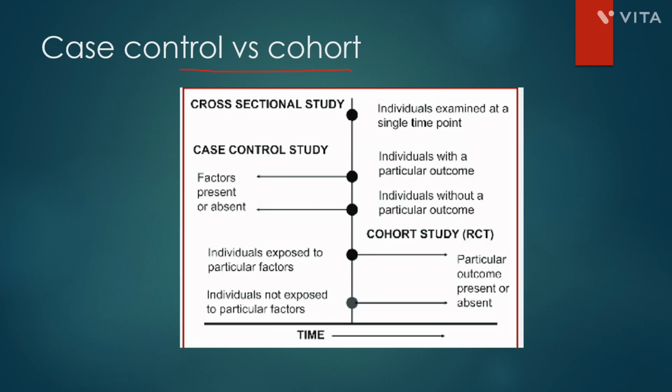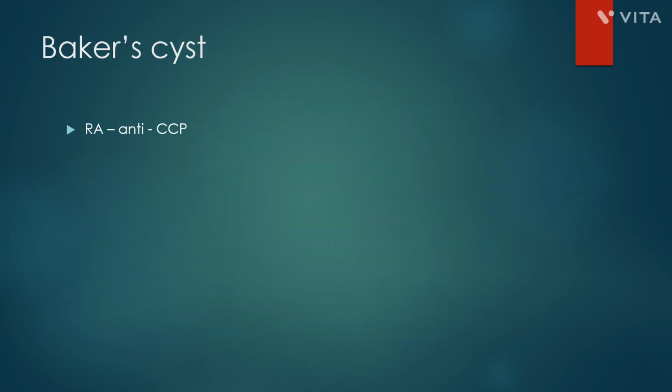Now, what is case control versus cohort? It was a question on cohort. So always remember, case control starts from the disease and you look for whether the exposure was present or not. So there can be a recall bias. Cohort starts from the exposure and then we follow up for a particular period of time to see if the disease has developed. So cohort is usually prospective. It's not that it can't be retrospective. But usually when we say cohort, it's starting from the exposure then following up until the disease. Case control is starting from the disease to see whether they have had exposure in the past.